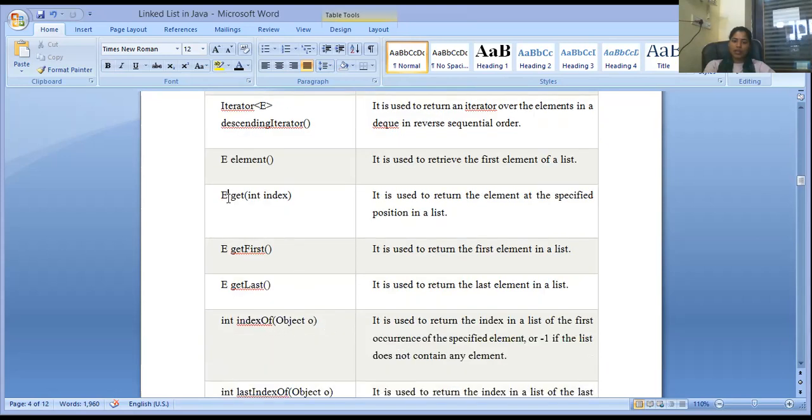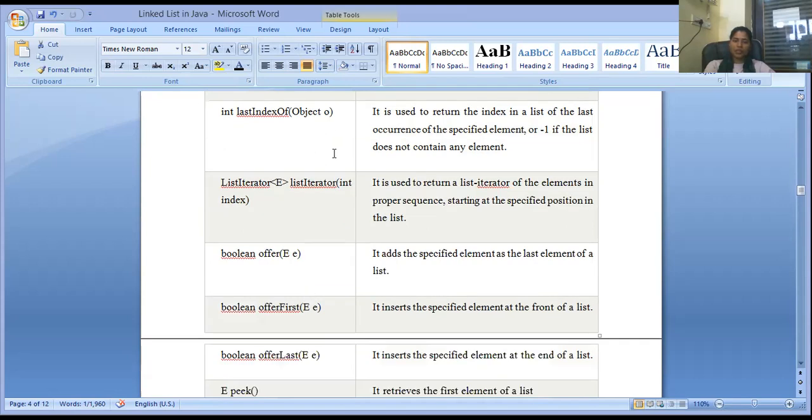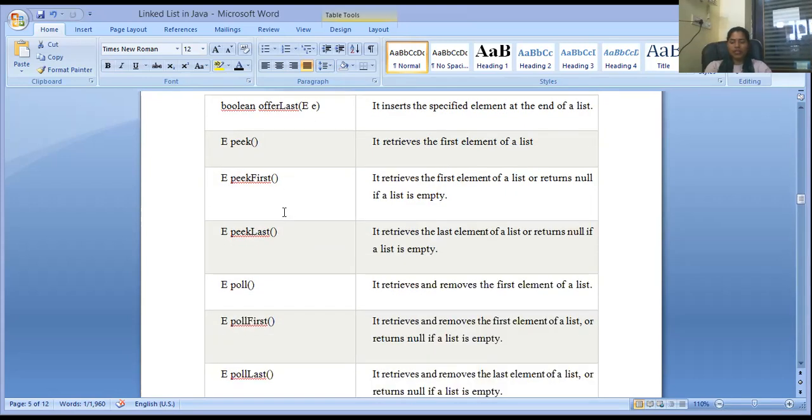And here E get(index) returns the element at the specified position in the list, and E getFirst() is used to return the first element in the list, and E getLast() is used to return the last element in the list also. So there are various methods of this type which are used here. Please read these by yourself also.